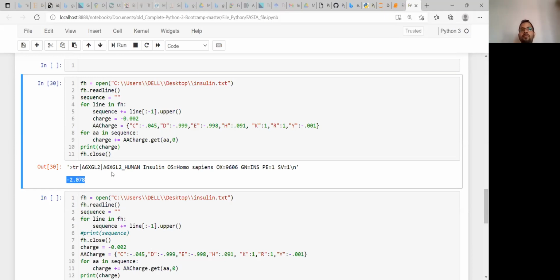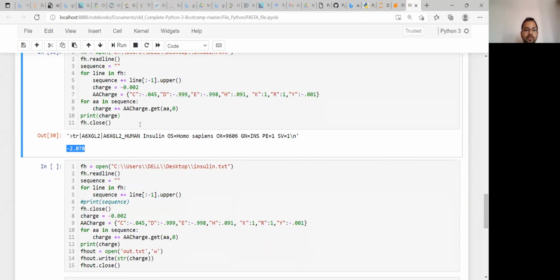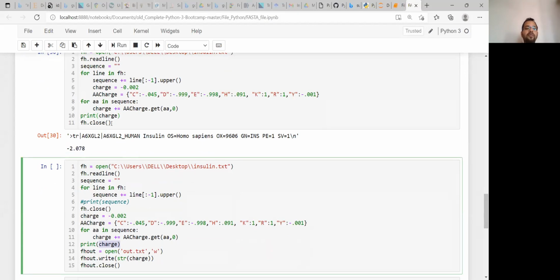Now we need to convert it to an out file format. That out file will contain the results. We can open that file in future and see the results there. So for that purpose, we write the same code up to this. We can close this file.